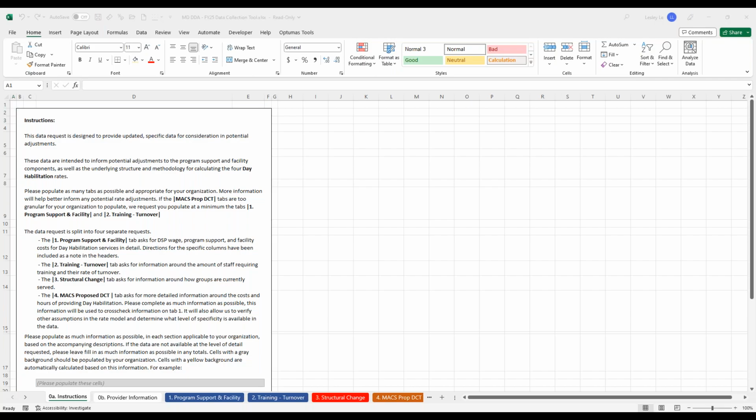There we go. Okay, this is Leslie from Optimus. I want to make sure I can see the fiscal year 25 data collection tool on screen. Yes. Great. Okay, so last time we had gone through all the tabs and talked through what the intentions of each tab are. Just to point out some things based on some feedback from the last call, we had clarified some directions in the tool, and I believe a new version was sent out.